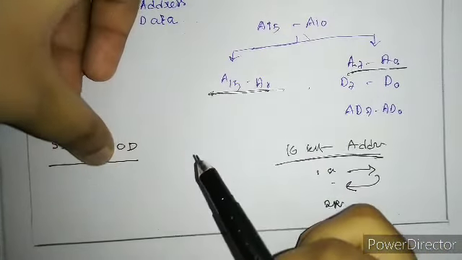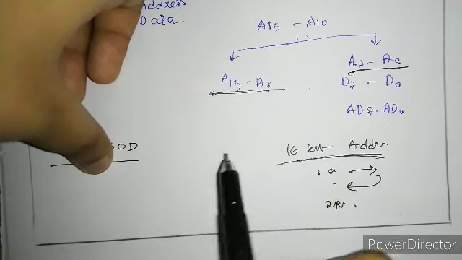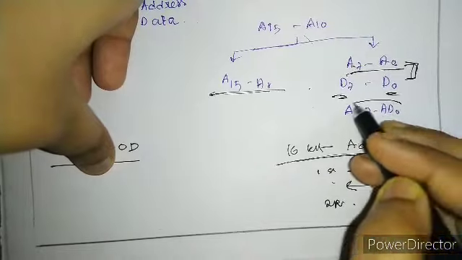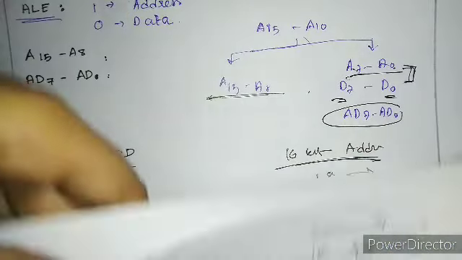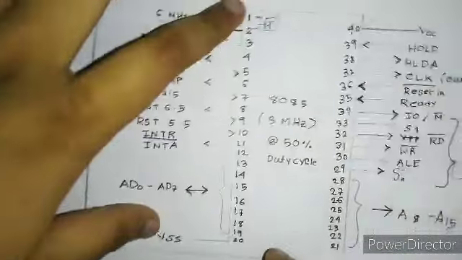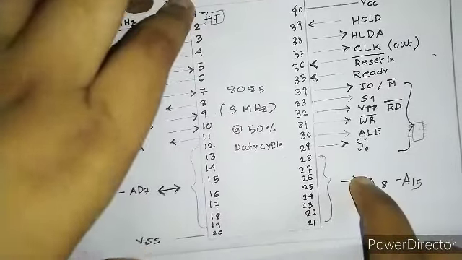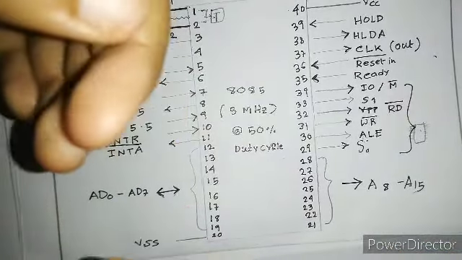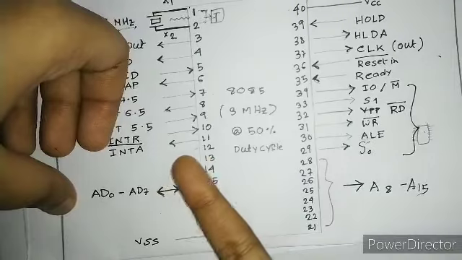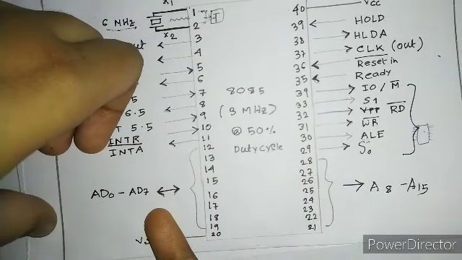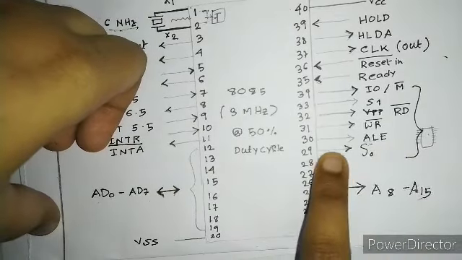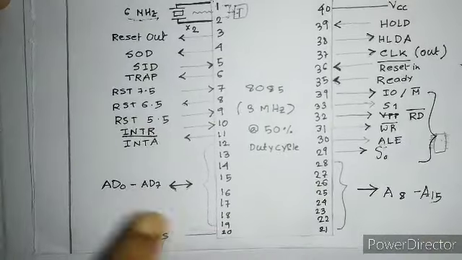The data bus in 8085 consists of 8 bits. So we can multiplex these bits, D0 to D7, and make them AD0 to AD7. If you've noticed, AD0 to AD7 are bidirectional, and A8 to A15 are unidirectional. Why is it so? Because the address is generated by the MUP, but the MUP can send data and also receive data. So this is why this is bidirectional, and this is purely an address bus, which is why it is only unidirectional.